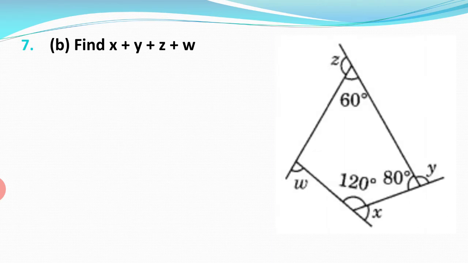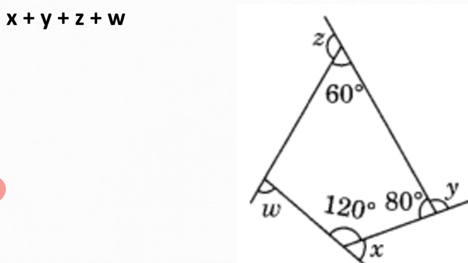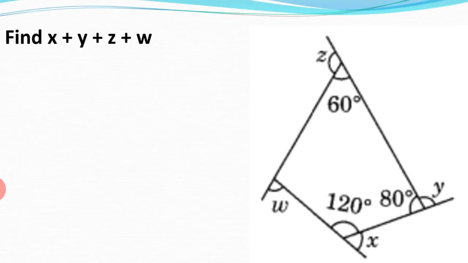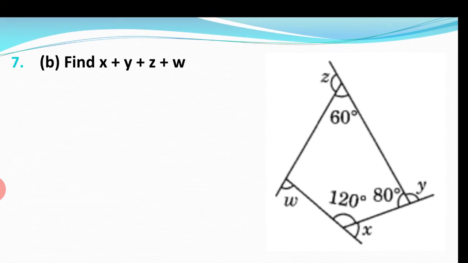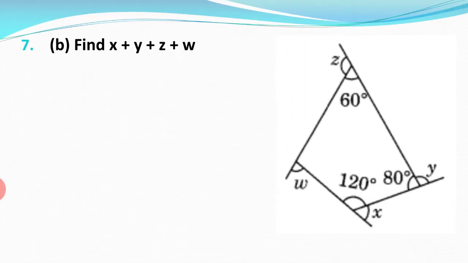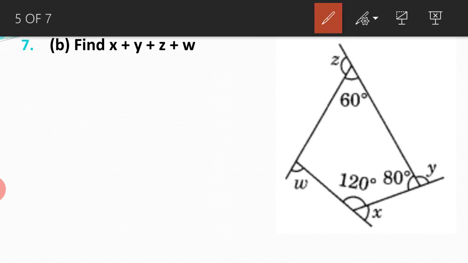Now the figure, if you observe, it is a quadrilateral and the sides are extended to have angles in the exterior, which are again exterior angles. Here also one of the interior angles is not given. So what we will do first, we will find that particular interior angle by taking it as a and by using the angle sum property of a quadrilateral.